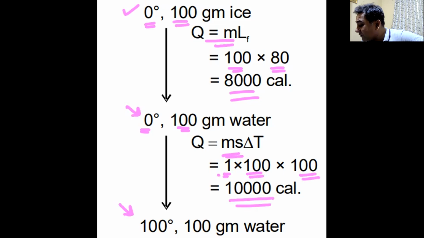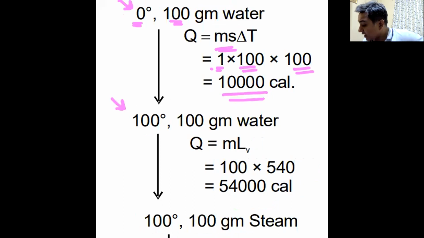10,000 calories for this, and we arrive at 100 degrees Celsius water. Raise your hands and let me know that we have done this. Girls are sleeping. Okay. So now we are where? We are at 100 degrees water. But now I will have to convert this 100 degrees water into 100 degrees steam at 100 degrees